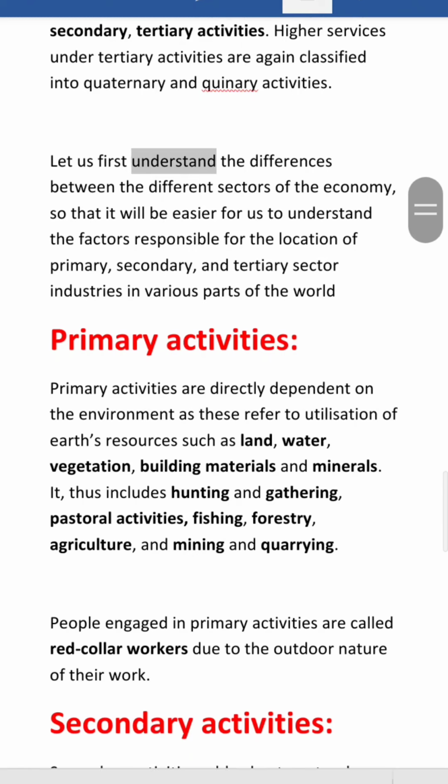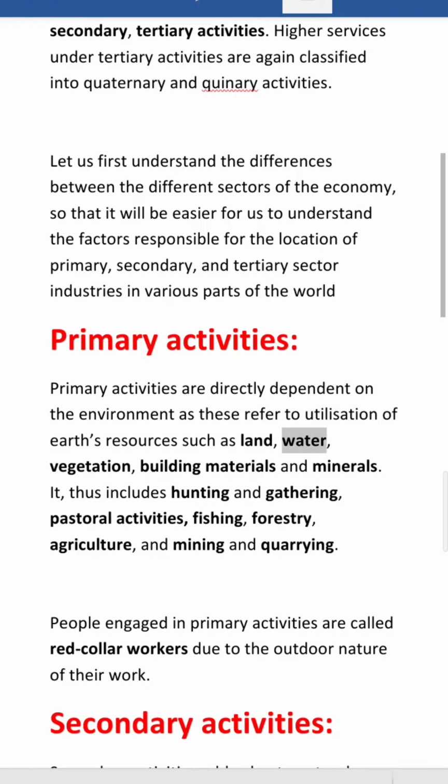Let us first understand the differences between the different sectors of the economy, so that it will be easier for us to understand the factors responsible for the location of primary, secondary, and tertiary sector industries in various parts of the world. Primary activities. Primary activities are directly dependent on the environment, as these refer to utilization of Earth's resources